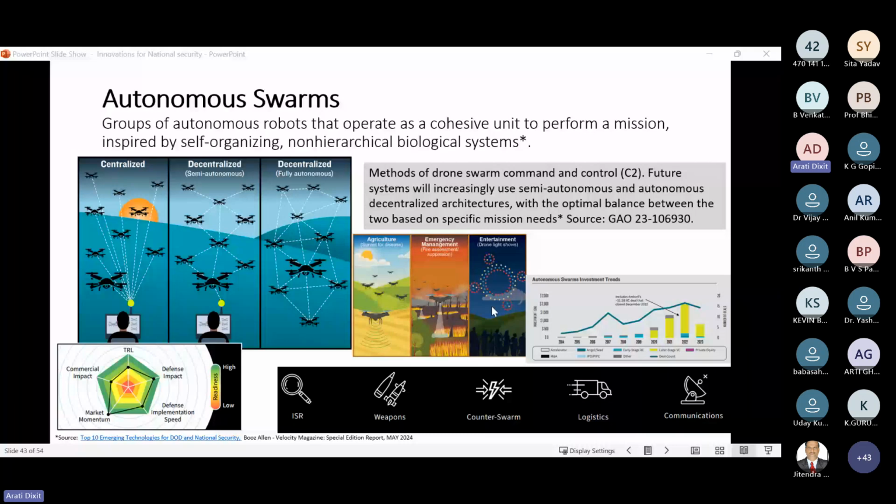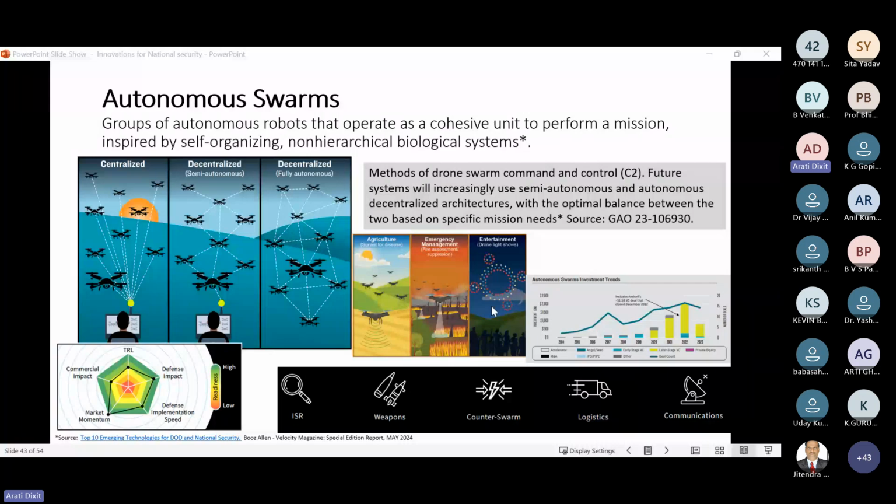Future systems will definitely use semi-autonomous and autonomous decentralized architectures with optimal balance between the two based on specific mission needs, right? In fact, it's kind of amazing to think about the number of drones that are registered. For example, in the US alone, there are about a million drones registered, and out of that, at any point, 8,500 drones are actively moving in the sky for different purposes. So that is kind of the count, and I'm sure the numbers are similarly big in all different regions